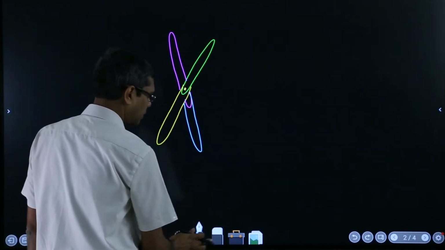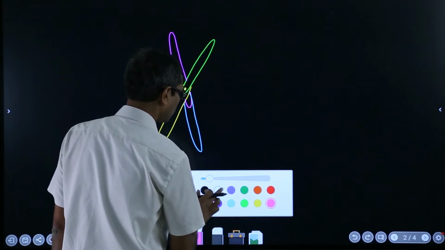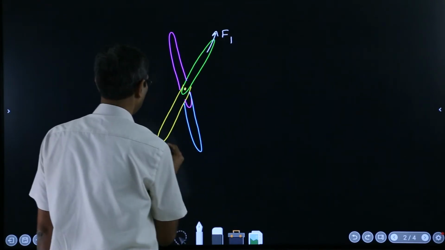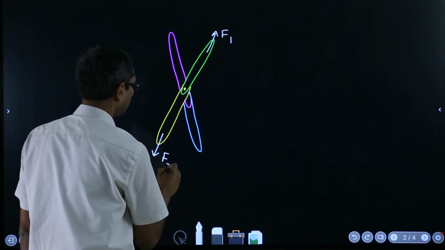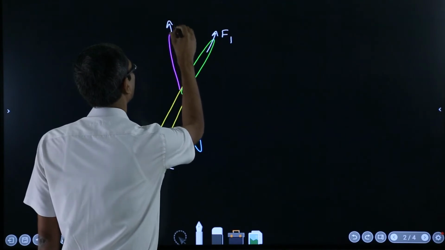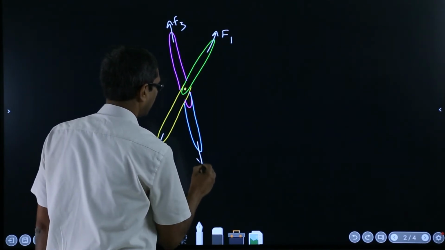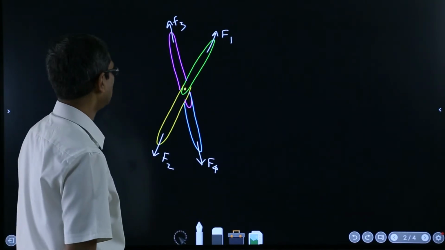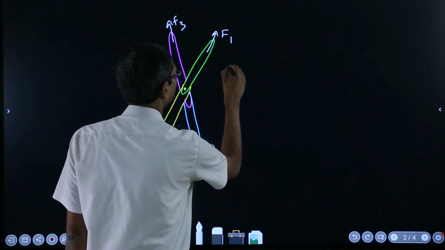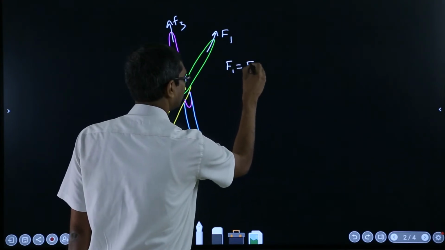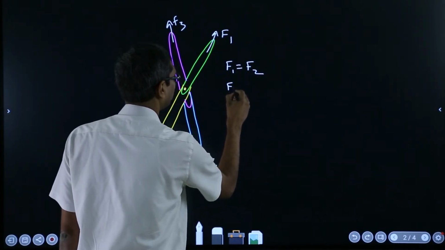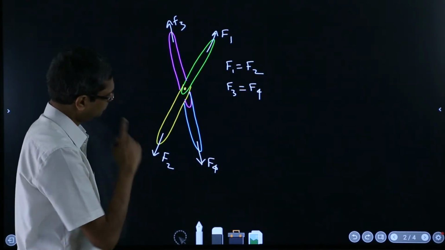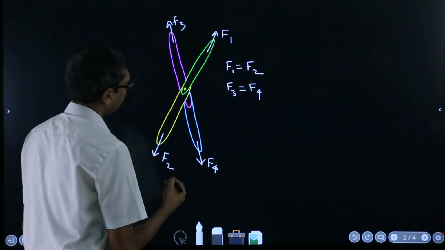Let me give names to the forces. Suppose this is F1, this is F2, and this is F3 and this is F4. Now under such conditions you will have F1 equal to F2 and F3 equal to F4. If you want to see the reason,